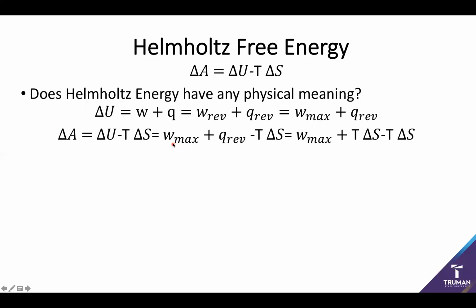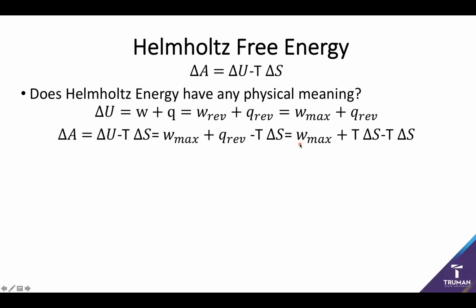So I now know my Helmholtz free energy equation is going to be equal to the maximum amount of work the system can accomplish plus the minimum amount of heat needed to drive it minus T delta S. Well, it turns out we have already defined our reversible heat as T delta S from our definition of entropy. So we can then go ahead and plug in that expression,